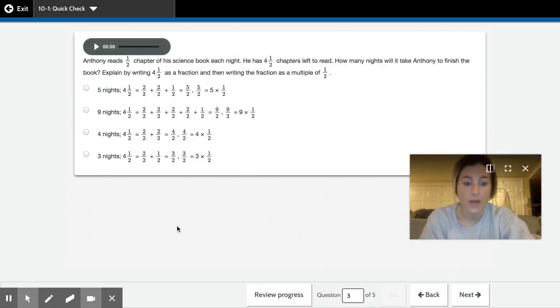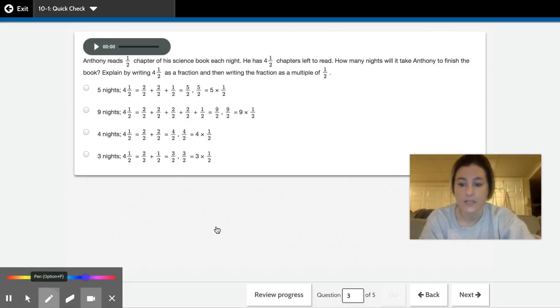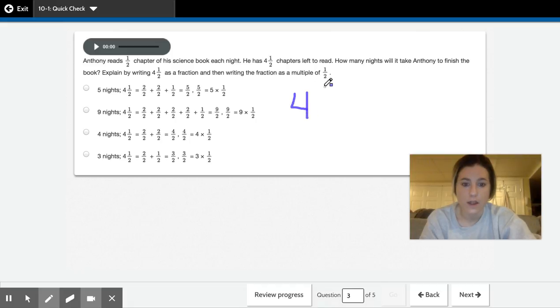Anthony reads 1/2 of a chapter of his science book each night. He has 4 1/2 chapters left to read. How many nights will it take Anthony to finish the book? Explain by writing 4 1/2 as a fraction, then writing the fraction as a multiple of 1/2. So 4 1/2, if we wrote that as a fraction, is really equal to